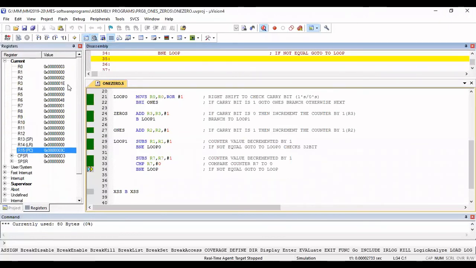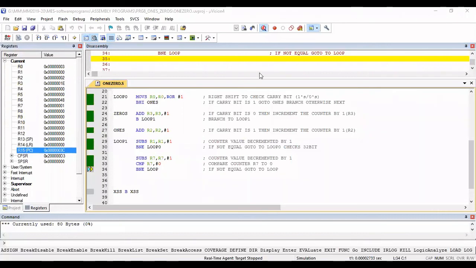So convert 30 to hexadecimal. Can anyone do that? If you have calculators with you, what is 30 in hexadecimal? Just tell me. Nayana, Tushar, whoever, take the calculator and convert 30 to hexadecimal. 1E. It is 1E, no? 1E is there in the answer, register R3. You can see 1E here in register R3. That means 30 zeros are there. 2 is the answer for the number of ones, present in R2. So you can see the result.